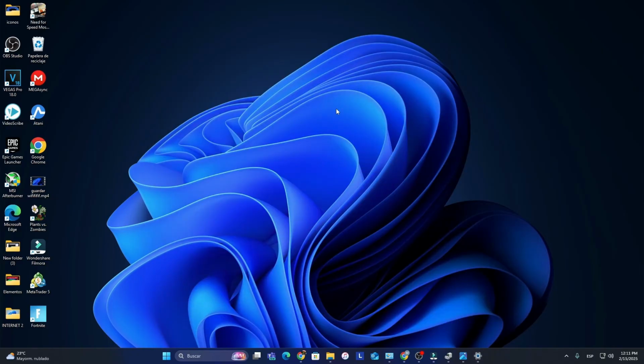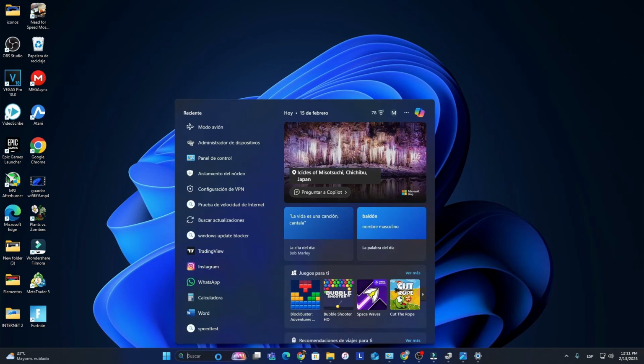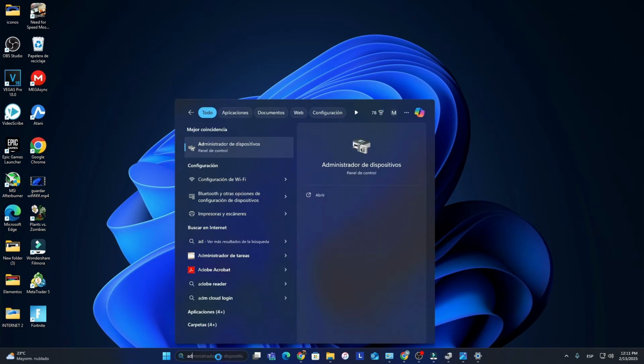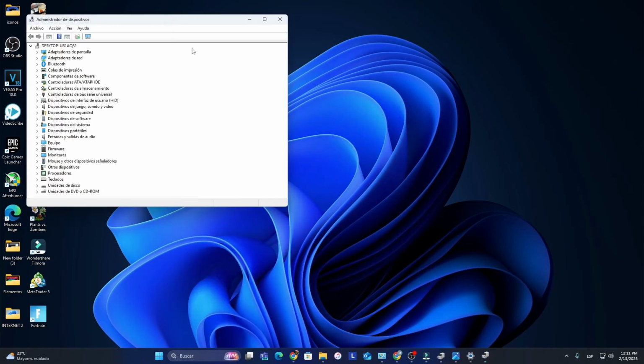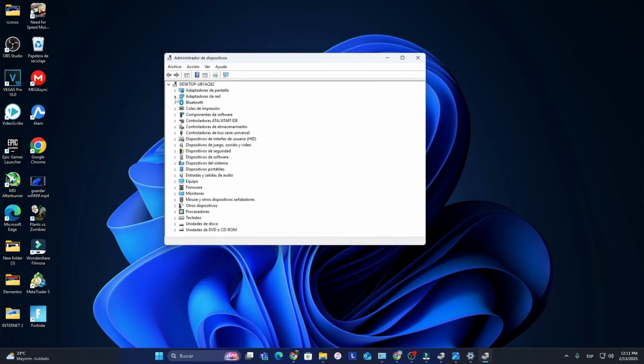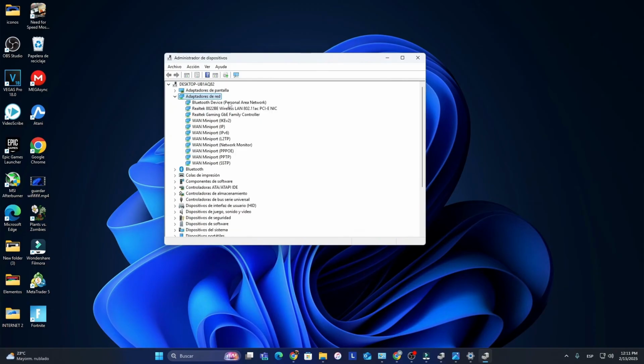Yet another effective way to solve this problem, which is a remarkably straightforward and easy approach, is to navigate back once more into the device manager. Go ahead and type in device manager into the search bar right here, and it's going to be this specific one right here. Open it up, and then you'll want to open the network adapters option once again and carefully select your Wi-Fi driver. This is usually going to be this one, the second one down, the specific one that says wireless in the name. Go ahead and select it, right click on it, and then